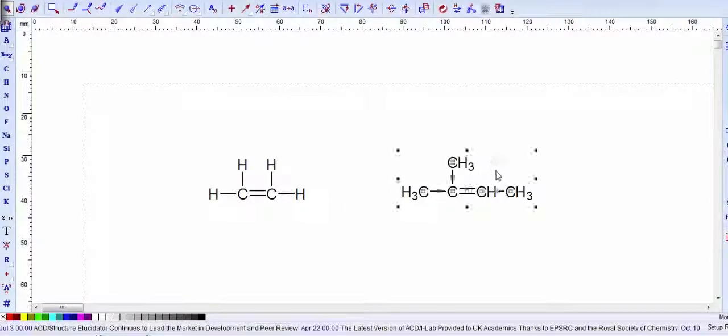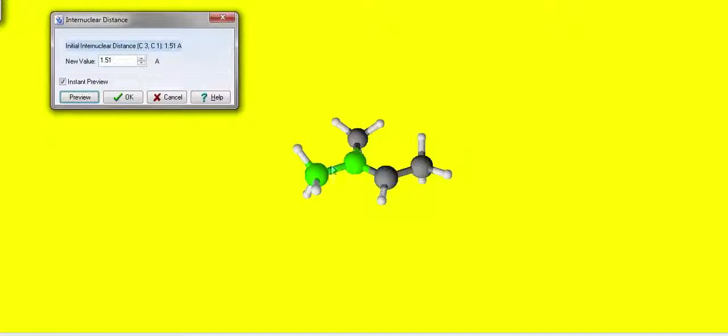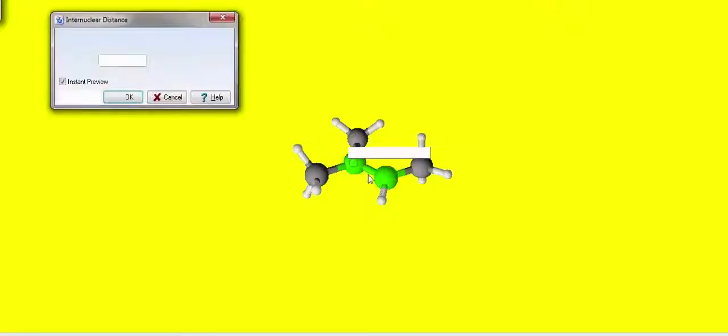Let's go and look at a more complex example. Here we've got an alkene with single bonds and double bonds, and the idea is to compare these two. So here is the alkene where all this hydrogen and the carbon is in the same plane. And let's measure the distance now between the atoms, the bond length. The bond length between two carbons with a single bond is 151 nanometers. If we compare that with the bond length of a double bond between these two carbon atoms, we find that